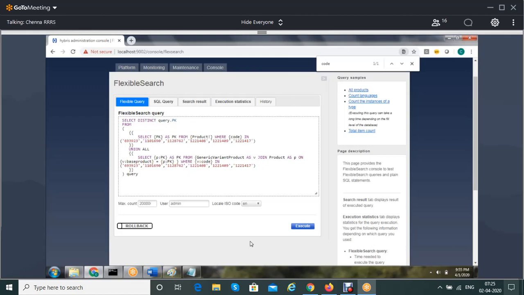You are trying to get the primary key of products from the product table as well as the generic variant table. Okay, so basically we are trying to get the PKs from the product table, where I am saying product code should be like this.